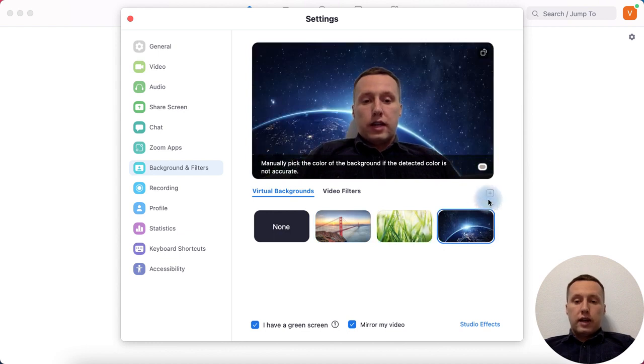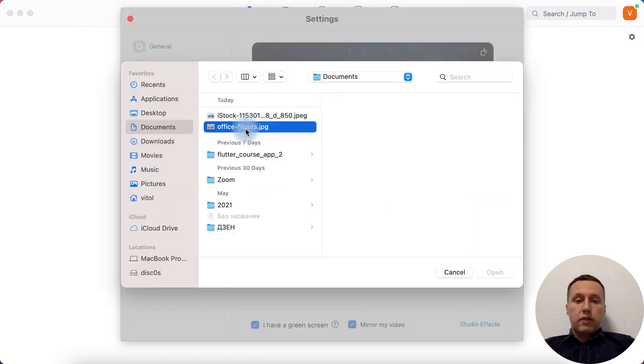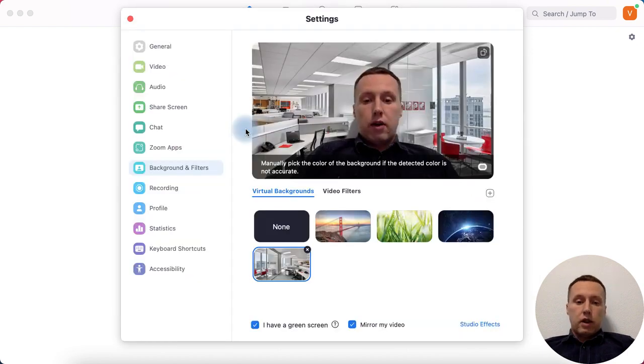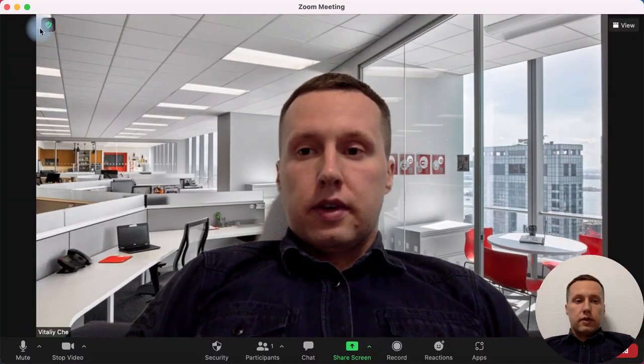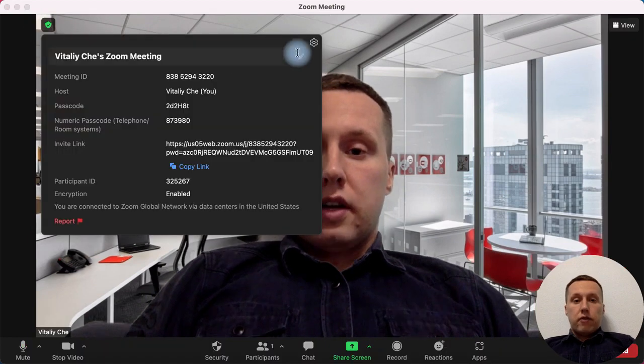Moreover, we can add our background from any picture. Tap plus and then choose our picture. That's all. But if you have changed background from meeting, we enter in meeting, then tap meeting information, and then